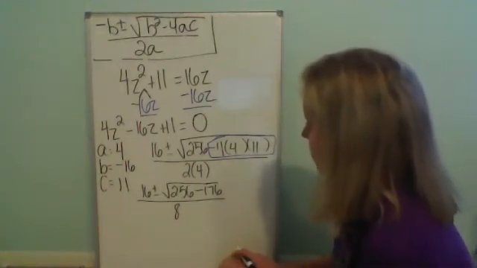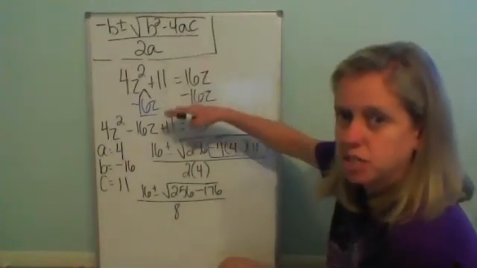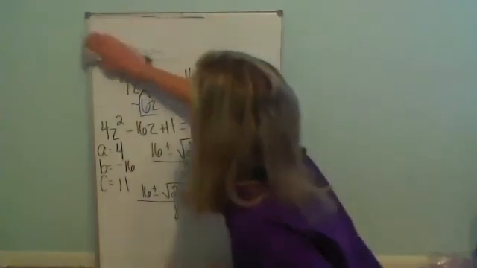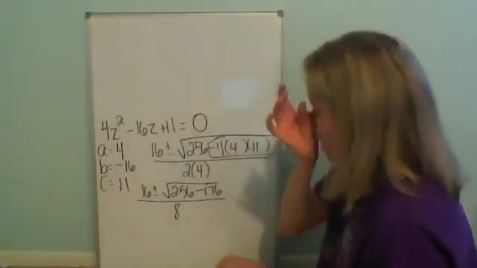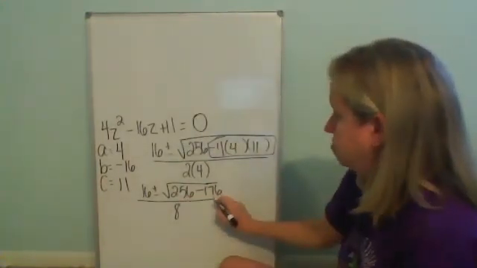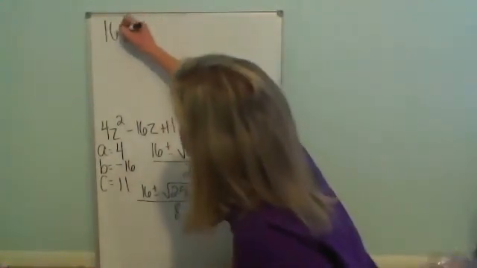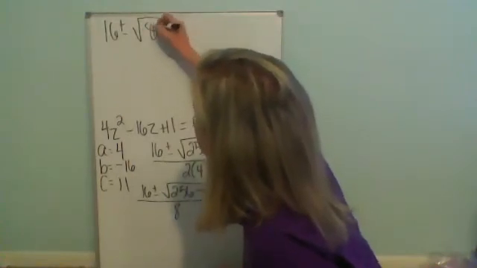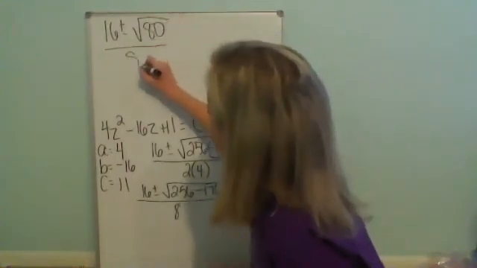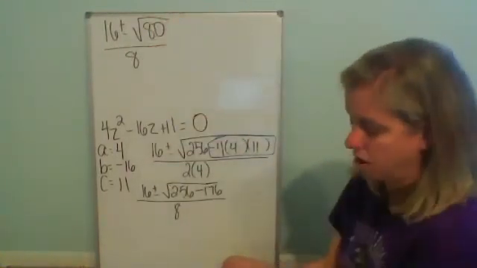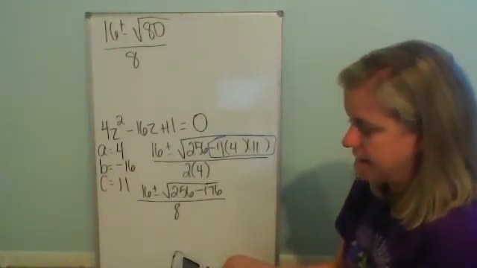So y'all keep going down. I'm going to erase what I have up here so I can write it big and clear. So all I'm going to do now, since I subtracted 256 minus 176, that's going to turn into an 80 under here. So I've got 16 plus or minus the square root of 80 over 8. Now, when you try to take the square root of 80, second square root 80, and hit enter,